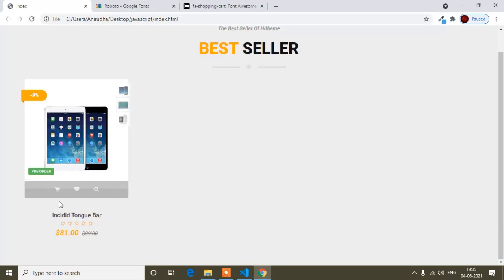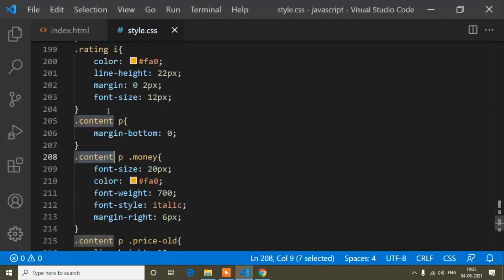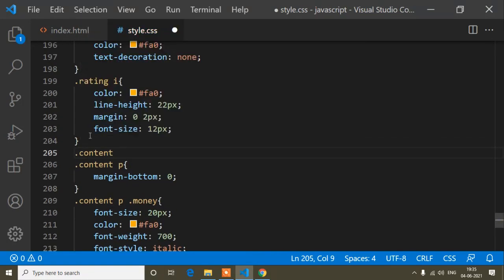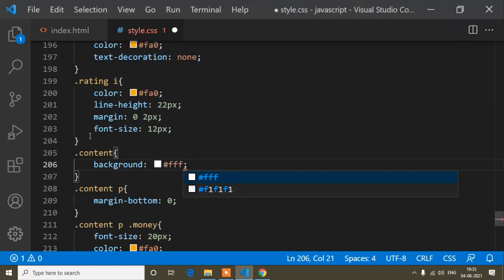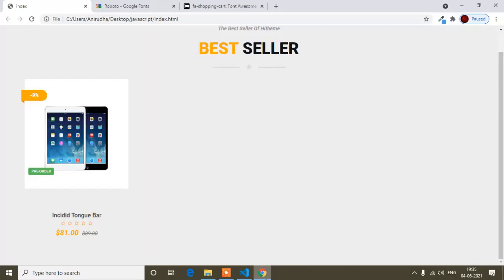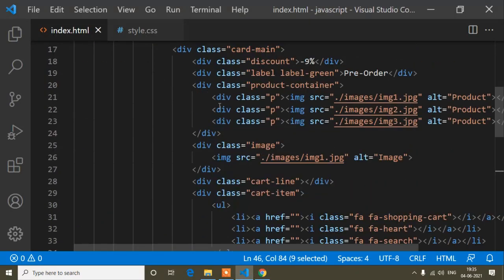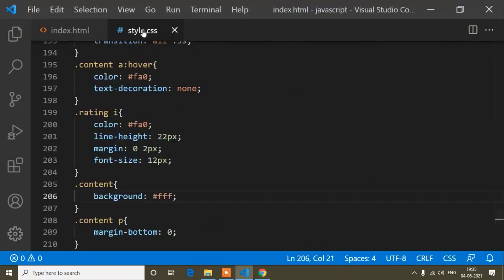And now guys, all the content you can see its background is transparent. So on this content class I will add the background. So I will copy this content class here, and here I will add the background, that is ff, that means the background color will be white. So you can see it's a white background color, and the whole of this card, that background color will also be white.